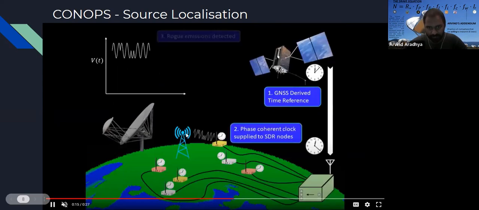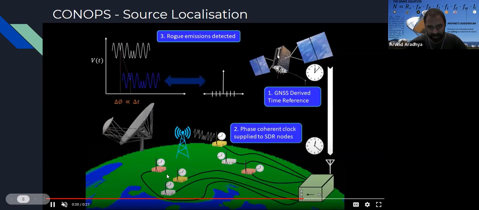So if you have your mobile phone tower here that's transmitting a signal when it's not supposed to, you basically measure when it arrives at different radios. So in the pink radios and the yellow radios and the white radios. You have a signal that's emitted, say, somewhere here, and then it reaches after a certain time delay, because of the finite speed of light, and it takes a certain time for it to propagate from here to here.